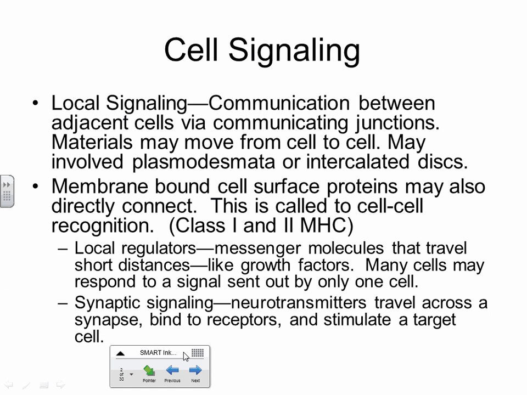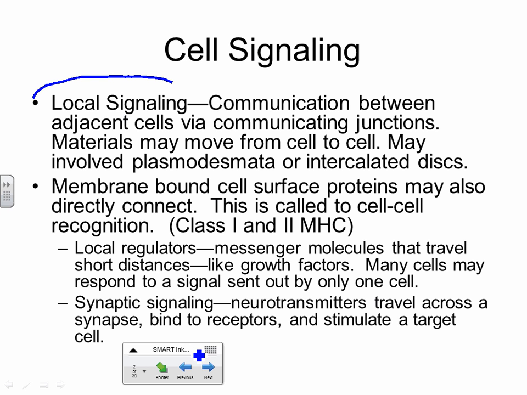All right, guys, today we're going to try to review a little bit with cell signaling and maybe hit the nervous system a little bit, maybe even the endocrine system, depending on time. The way cells communicate, they do it in a lot of ways. One way is local, and that means when a cell is just talking to a cell right beside itself. And they can do that usually through what are called communicating junctions, the junctions that connect the two cells together. And we talked about two of these.